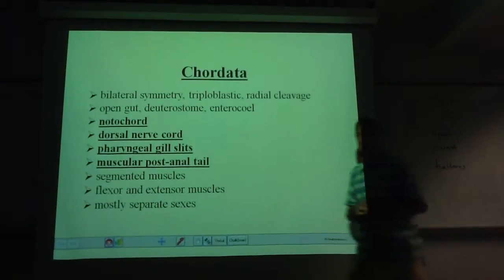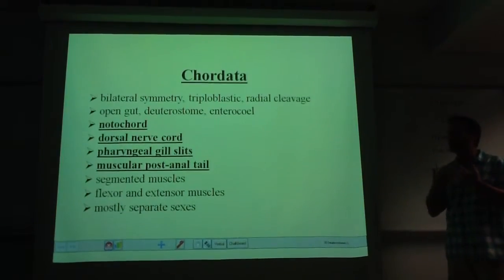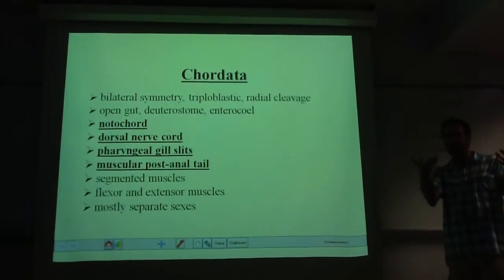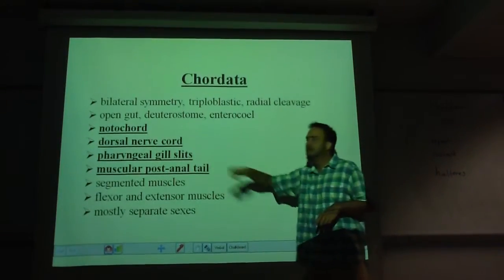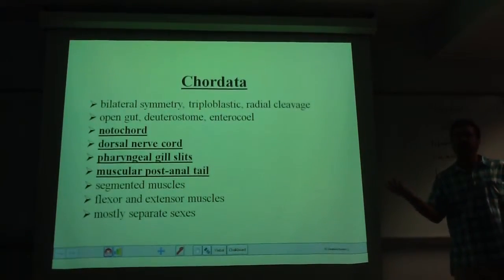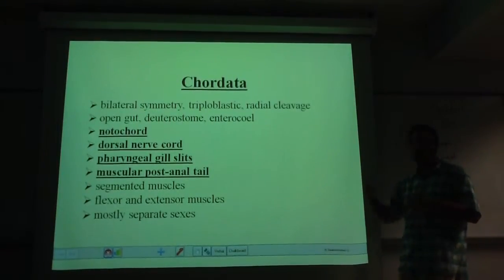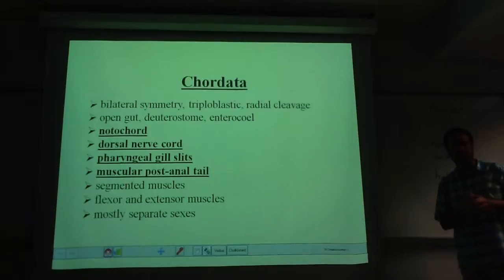Pharyngeal gills, where's your pharynx? It's here, it's in your throat, right? So pharyngeal gill slits are very different than anything we looked at, like gills in a mollusk, like the ctenidium, or gills in your crayfish, or gills in a nudibranch. This is a very different type of gill. These are throat gills, and you're going to go, well, gee, I don't have throat gills. You did. The idea is you don't have to retain them into adulthood, right? Obviously you have lungs now, because gills in your throat like a fish does wouldn't do you much good if you're a terrestrial animal.